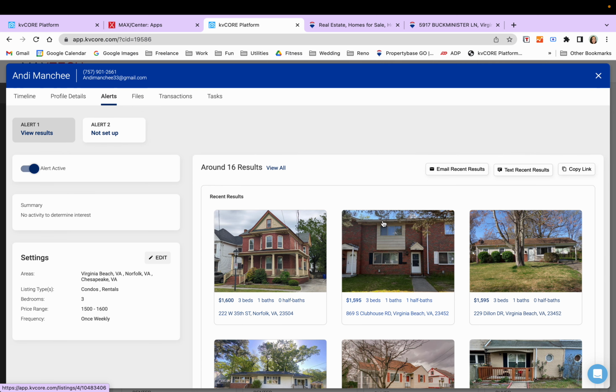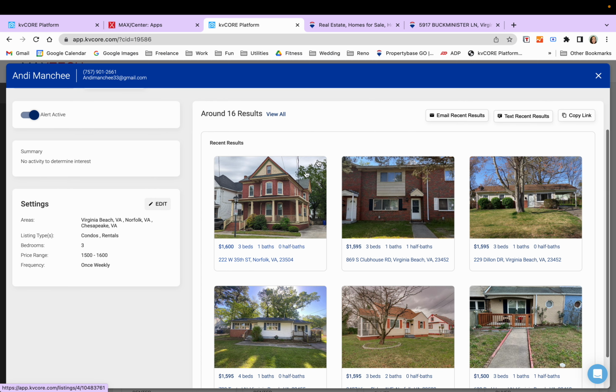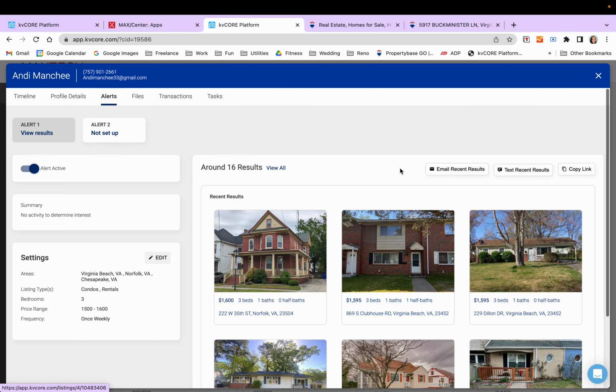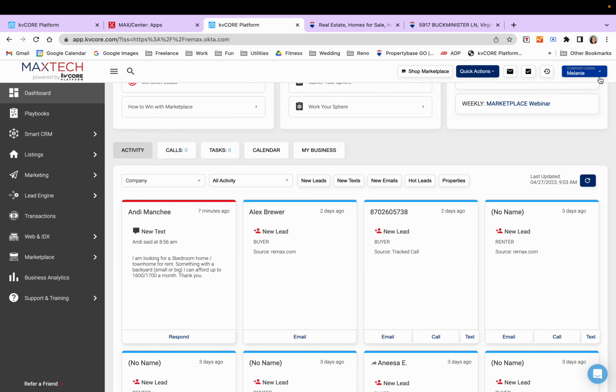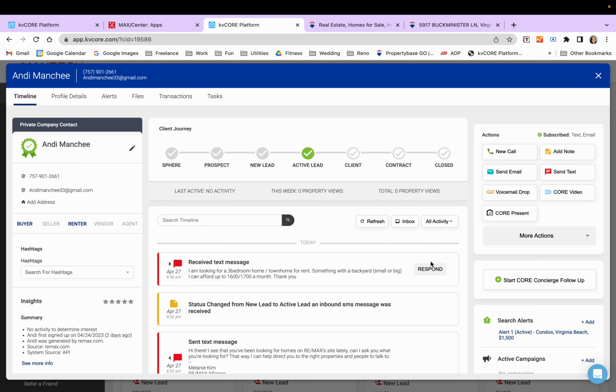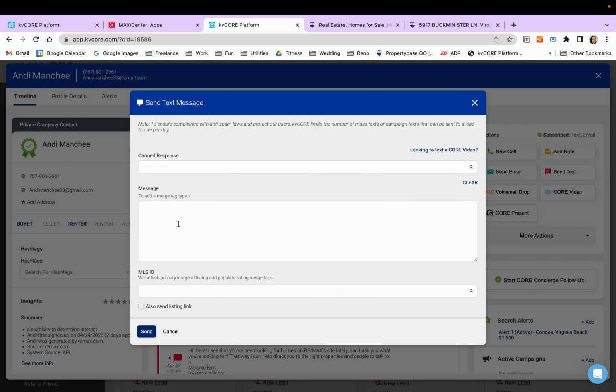Looks like that fulfills her needs. So I'm going to text her. Well, actually, no, I'm not going to text her yet. It's just good to know that this alert does pop up with something, right? So if you wanted to set up an alternate alert for totally different things, that's fine. So what I'm going to do is go back to her contact card and send her a text saying,